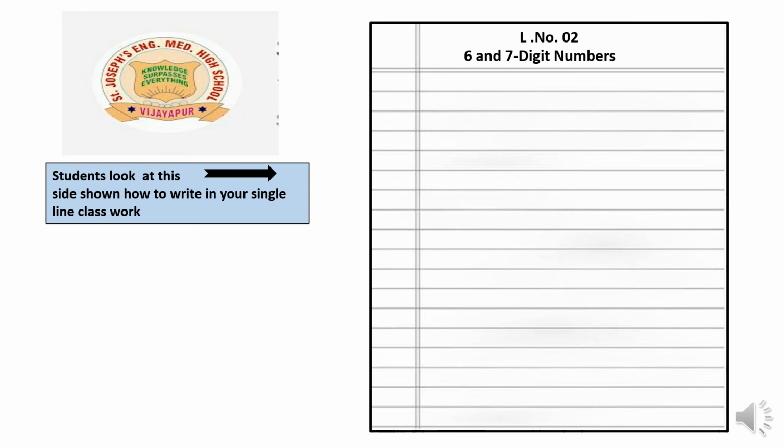Now we have to write the first line, exercise number. Exercise 2.1. Question number 1. Write their number and number names showing each on the chart. So children, it needs more place. I am requesting many children, because I have seen many classwork, you are leaving the margin place empty, because these questions are very large. So please use the margin place also.